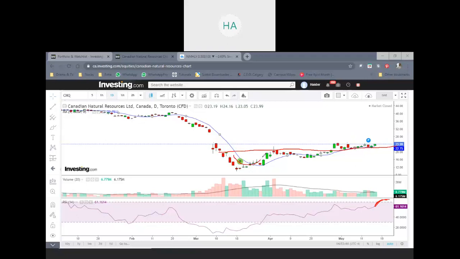So if this is the resistance, they try to break it and suddenly now it breaks. Once it is broken, now it becomes the support. So now it is just moving around this one. It may actually go further like this and then go up. So these are the